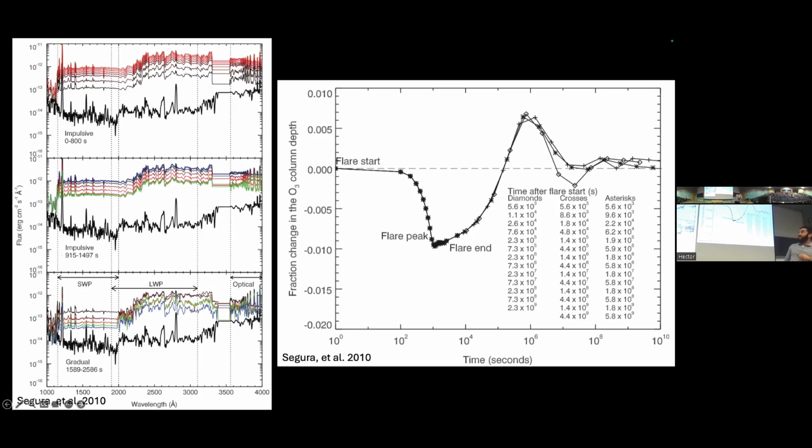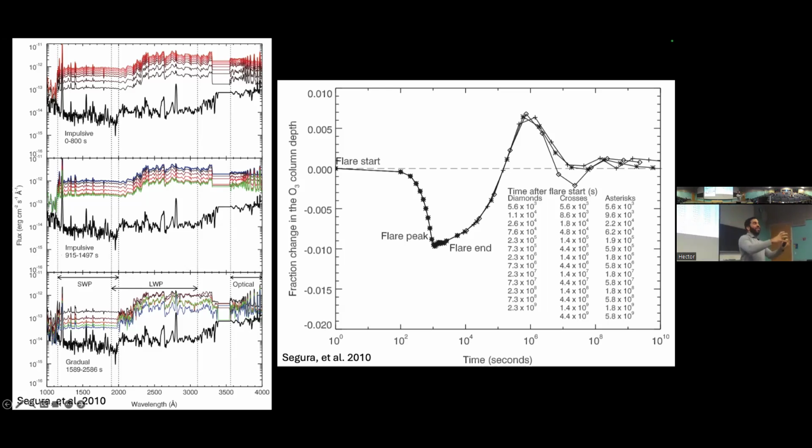So what you see here on the left side, I know it's a little bit busy here, is just the quiescent flux of the star. And then each line represents a time step of the flux, how it increased in the impulsive phase of the flare, when the flare was increasing. So it gets all the way to 1497 seconds. And then after that, they did a stitching of the flux, how it gradually went down. So they were able to have that flux continuum for the whole time the flare happened.